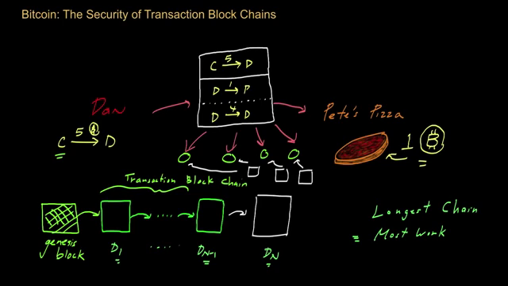Now let's imagine that Dan is dishonest. After he eats the pizza, let's say Pete's convinced, and he gets his Bitcoin from Dan, he waits a bit, he sees that there's a long chain out there that contains a transaction, he sends the pizza over to Dan, Dan eats the pizza, and then decides that he doesn't want to behave honestly, and he wants to somehow cheat Pete, or defraud the system. The way Dan is going to try to defraud the system is by attempting to create another transaction in which he assigns the 5 Bitcoins he got from Carol to somebody else.